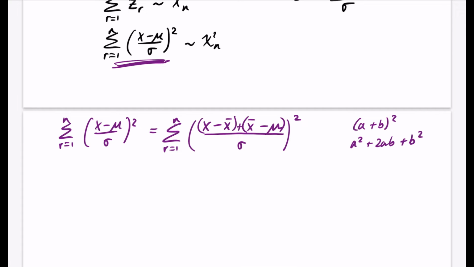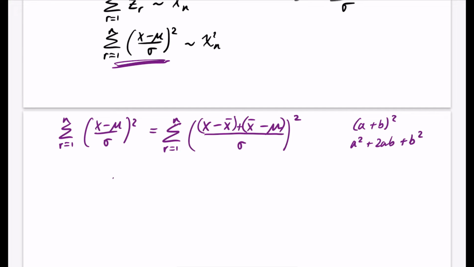And it's important to note here that this x bar and this mu, they're not the same as each other, okay? This is the population mean, and this is the sample mean. So they're not necessarily the same as each other, which is why we can't just say, okay, let's just get rid of this. This whole thing is not 0, because it has a distribution. So